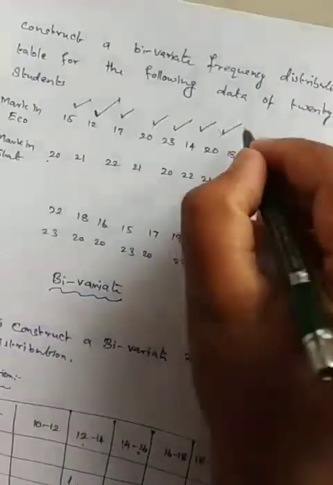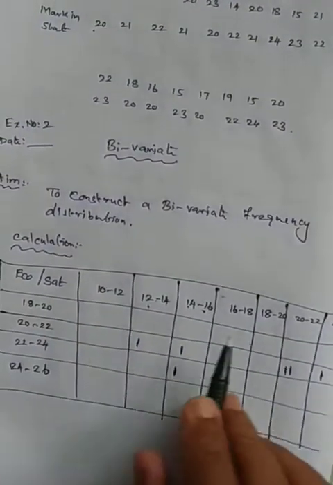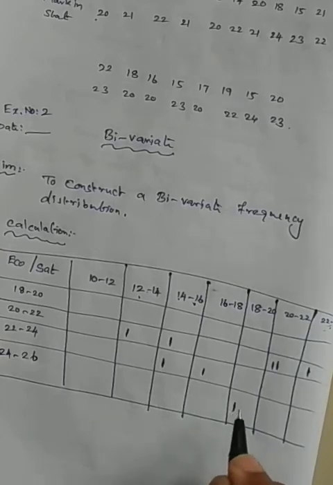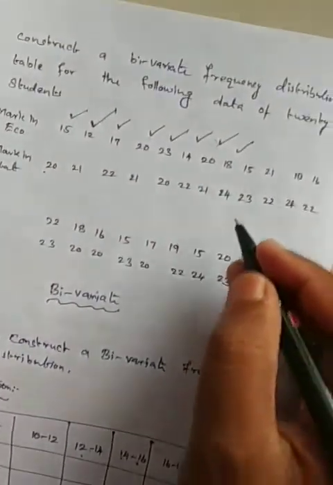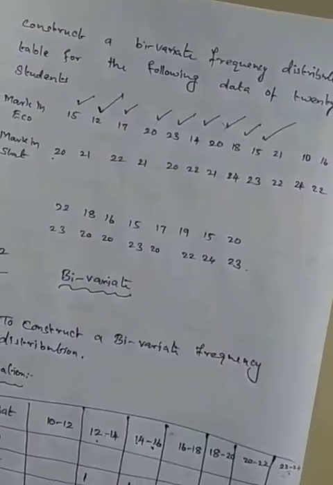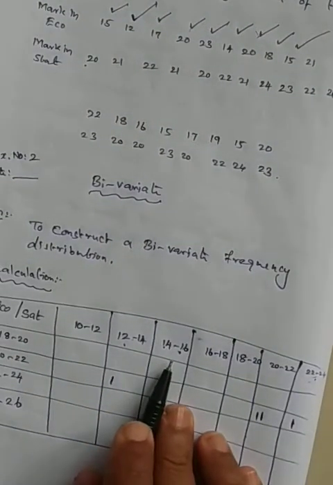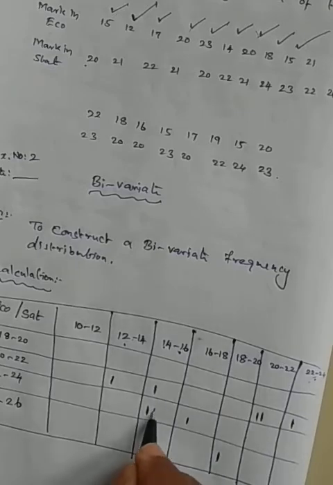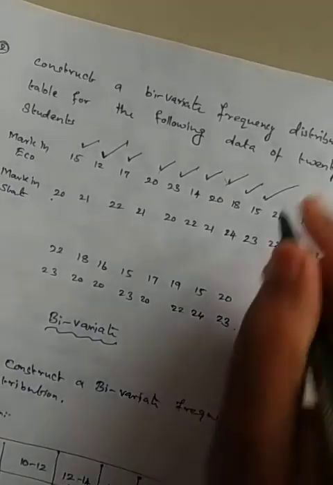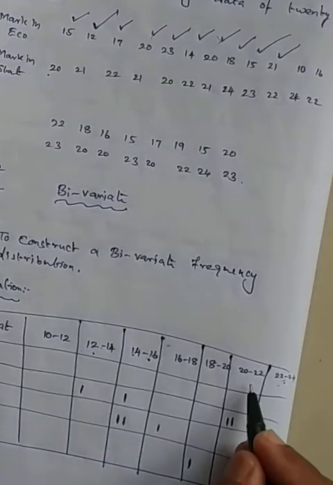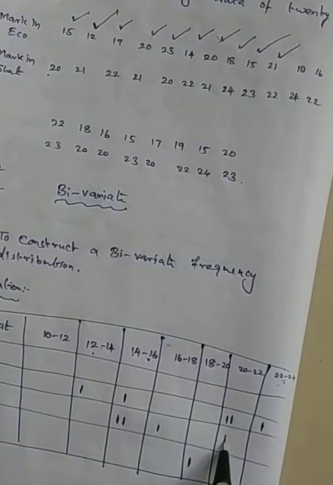The next one 18, 24. Where is 18? Here, and 24 is here. So that's why here it will become 18 to 24. Next one 15 to 23. Where is 15? Here, and 23 is here. So again it will come here, repeating. The next one 21, 22. Economics marks 21 here and 22 here. So here it will come.